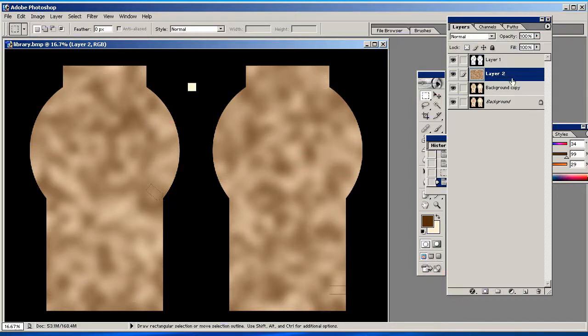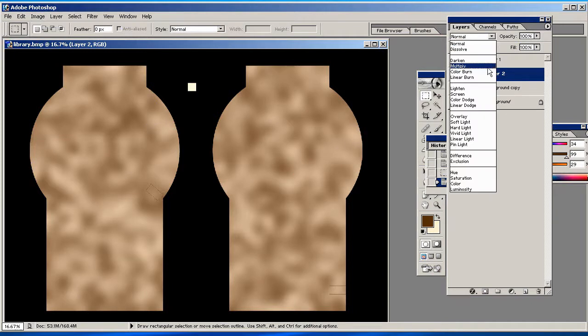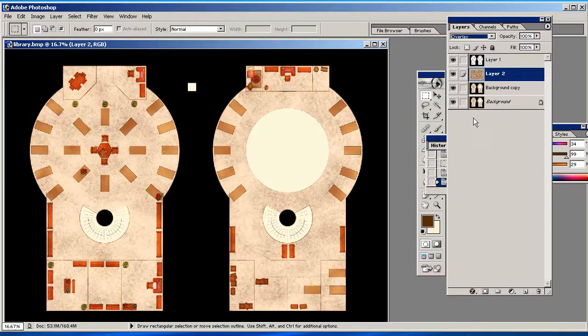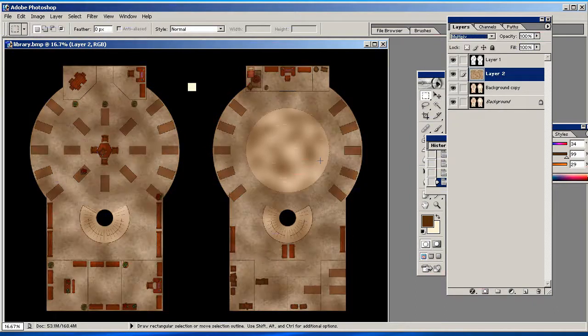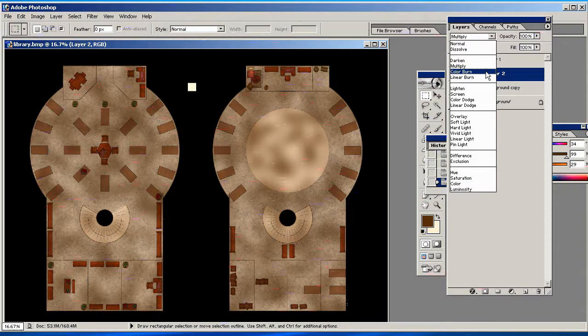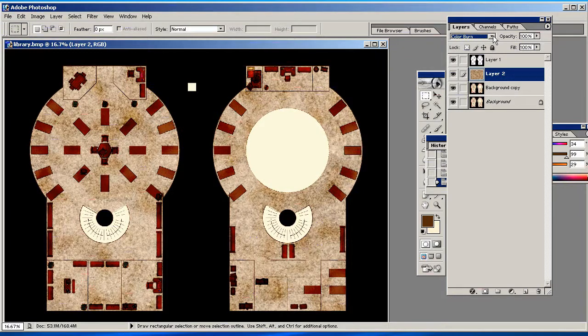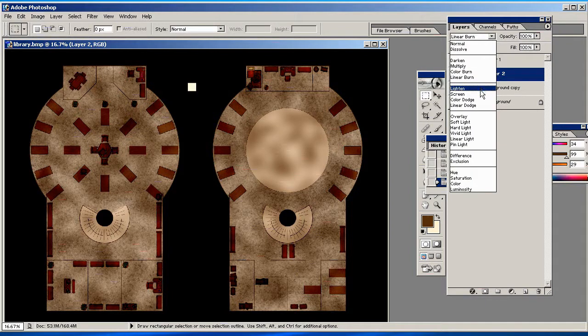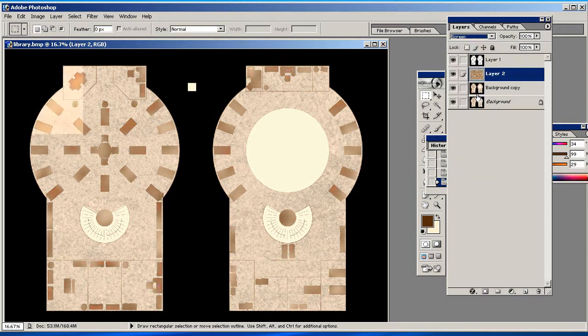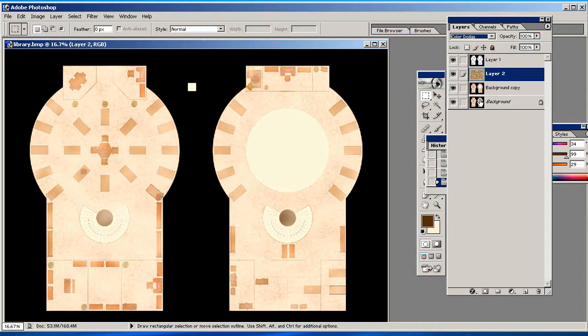Now we're still on the cloud layer, and we will go ahead and change that to, let's try an overlay. You can see it lightens up everything really majorly here, in particular spots. We will try a darken, which does that, multiply, which actually is more of the effect that we kind of want. We can try the different ones: color burn, linear burn, lighten, screen, color dodge,